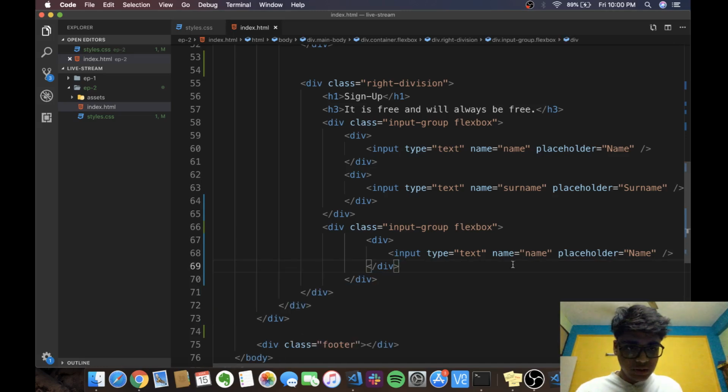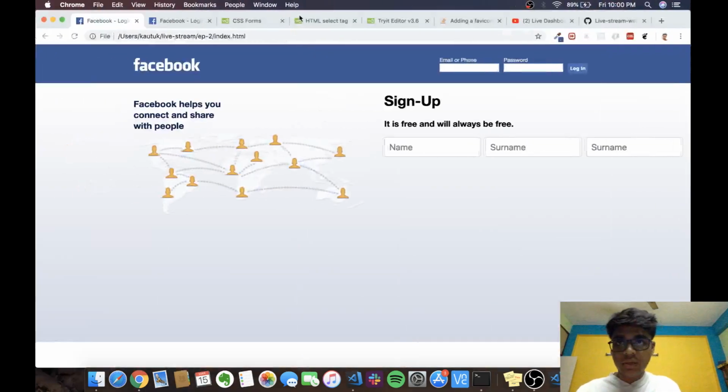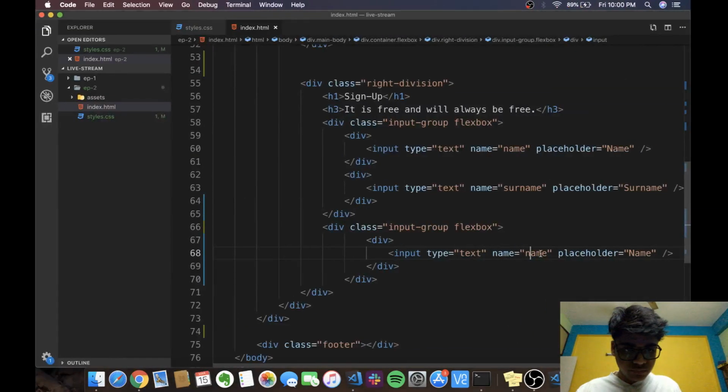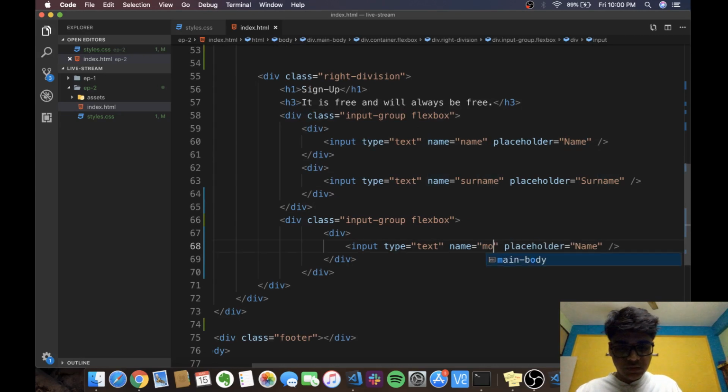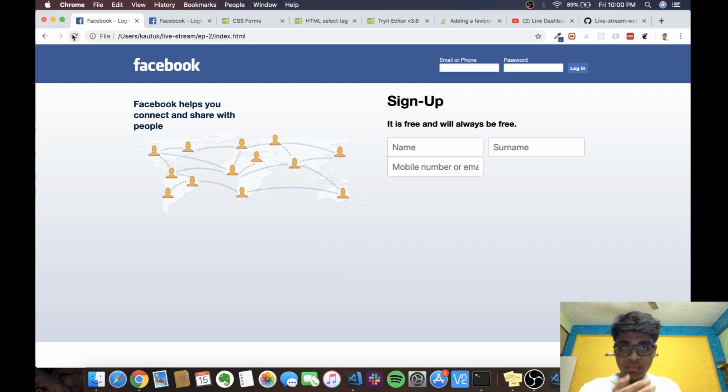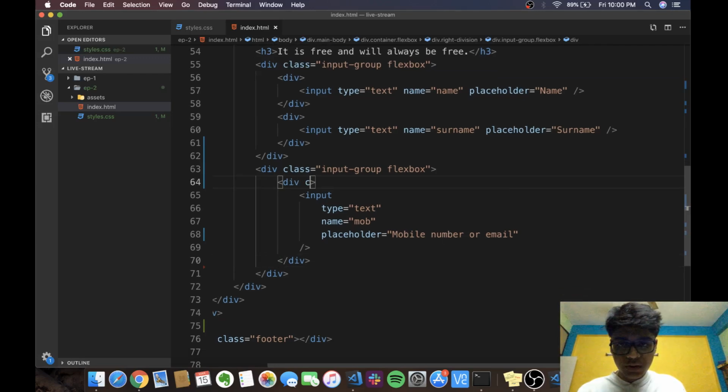Delete this, input type text, name, instead of name I want it mobile number or email. You have the name of say mob, placeholder mobile number or email, and I think it should do the work. Yeah, it's on the next line now, but as you can see, it's sticking to that particular thing and it's not expanded totally. So what I'll do is I'll give another property to this, and I'll say a big button,